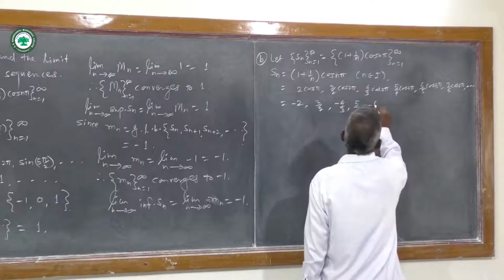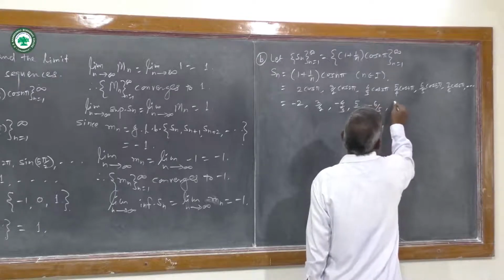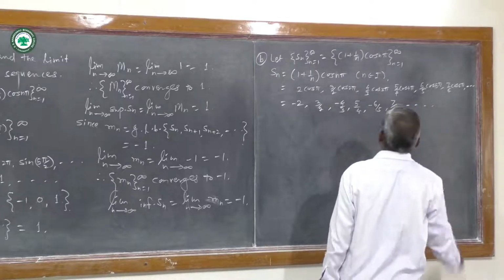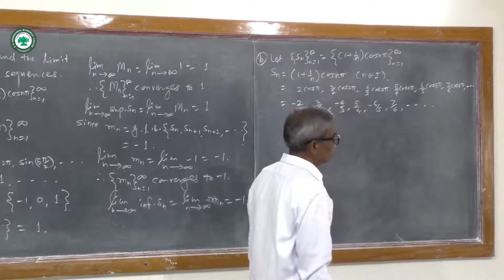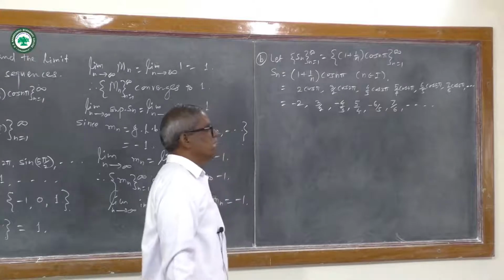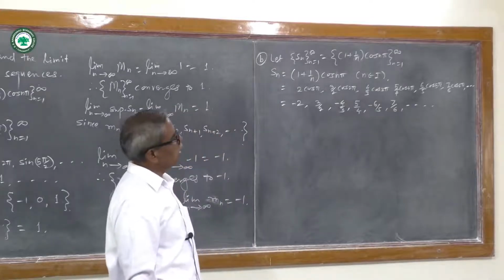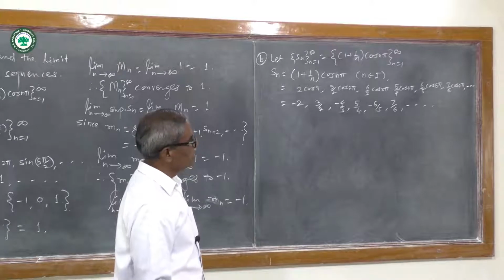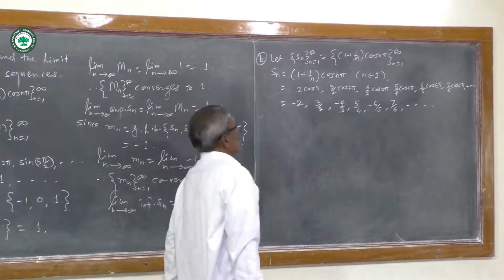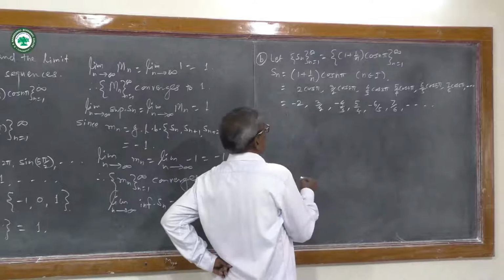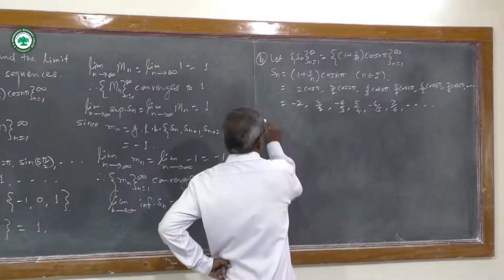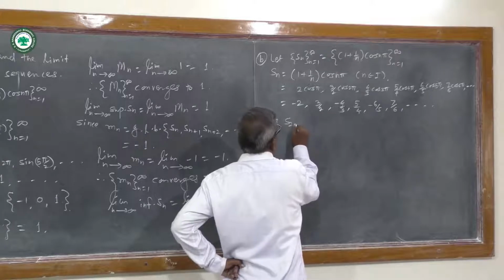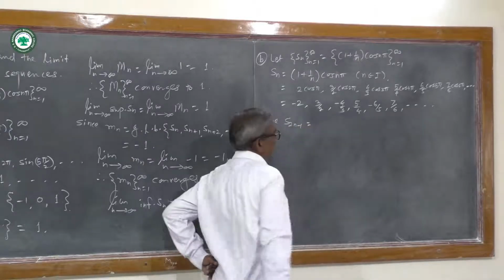Minus 6 by 5, plus 7 by 6, and so on, and so on. This is sequence S suffix n, n belongs to I. Here, S suffix 2n minus 1. It gives